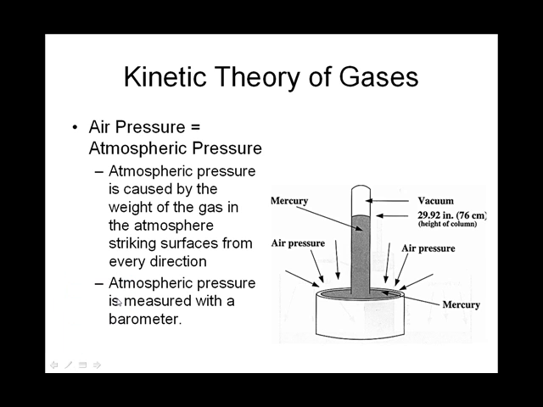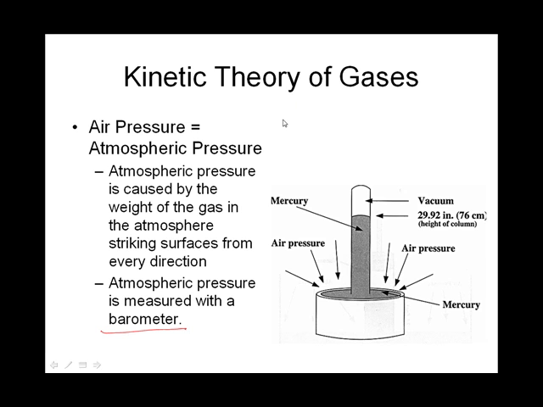So the topic of pressure leads us to explain air pressure, also called atmospheric pressure. Atmospheric pressure is caused by the weight of the gas of the atmosphere striking surfaces of things from every direction. Atmospheric pressure was first measured with a tool called a barometer. An Italian physicist and mathematician, around 1644,